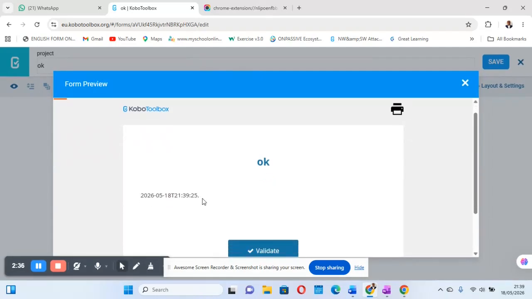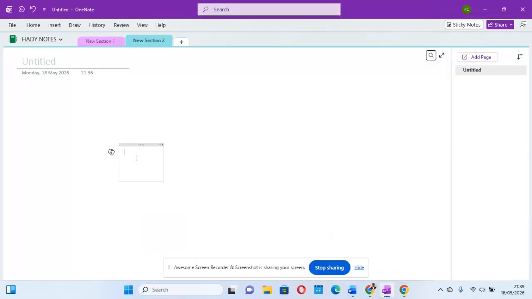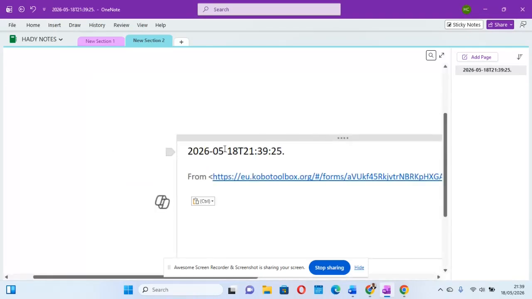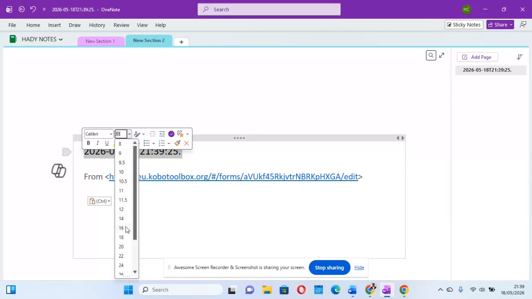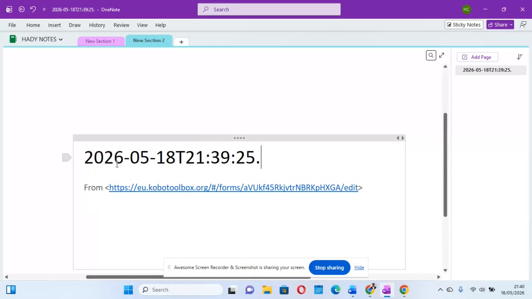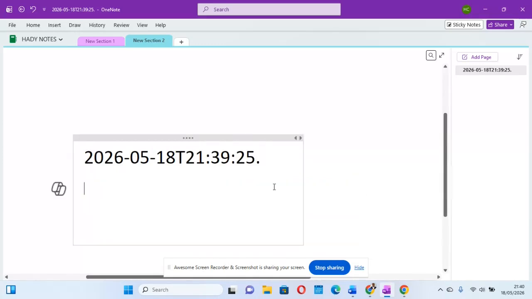So what I want us to do is copy this particular code here, Control C, and bring it inside our OneNote here. I just want to make this bigger so that we see what I'm trying to show. Perfect. In the code language, I can start counting these digits from 0, because these are positive values, like if you're using the number line, for instance. So I'm going to start here. I'll say 0, 1, 2, 3, 4, 5, 6, 7, 8, 9, 10, 11, 12, 13, 14, 15, 16, 17,